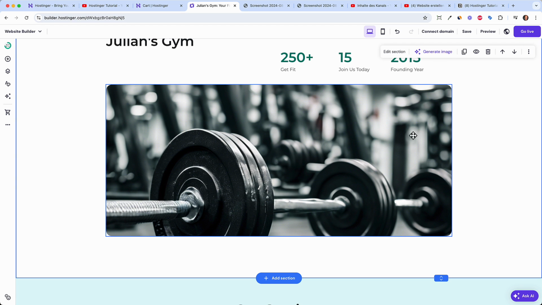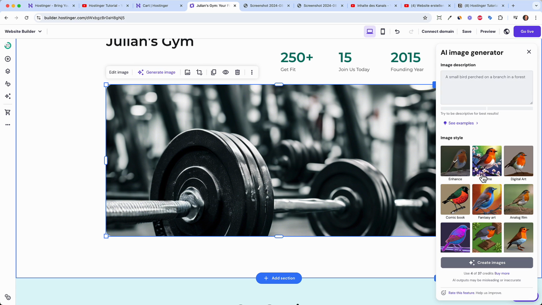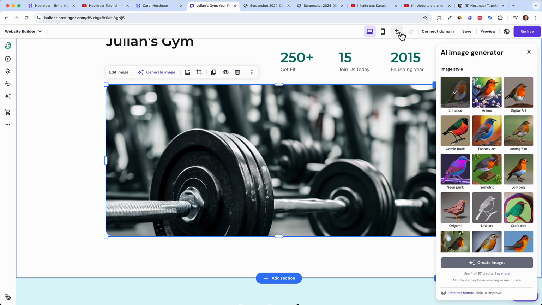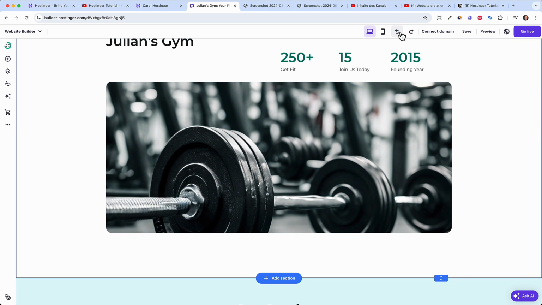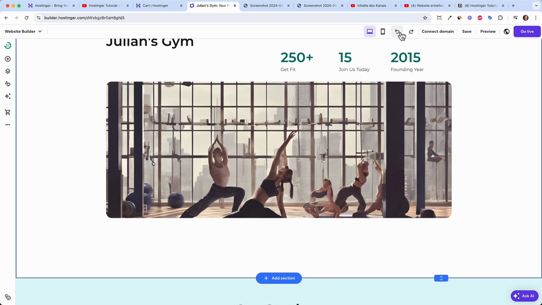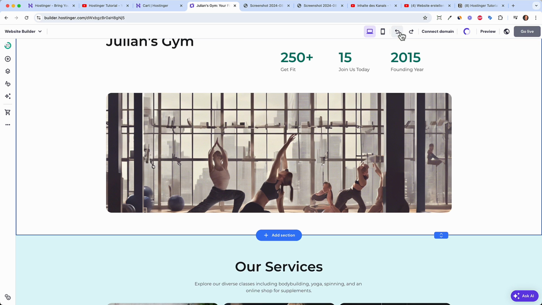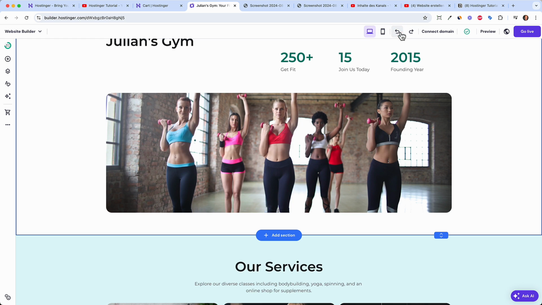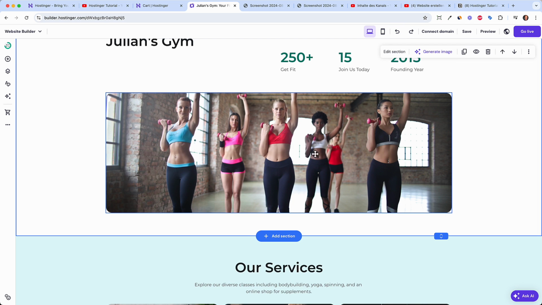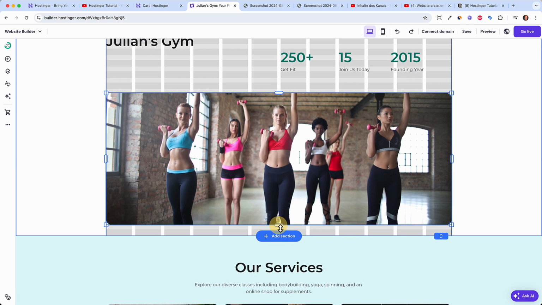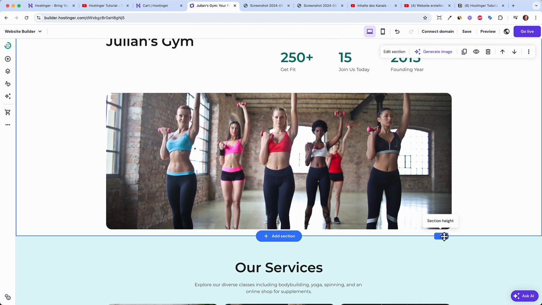But just to show you this, you can also generate your own images from the AI, I think using Adobe Firefly. But I like the women here best because it's most engaging, real people, because pictures are such an important thing on your website. So let's stick with this picture. And again, you can also make it a little bit bigger so you can see a lot more of them